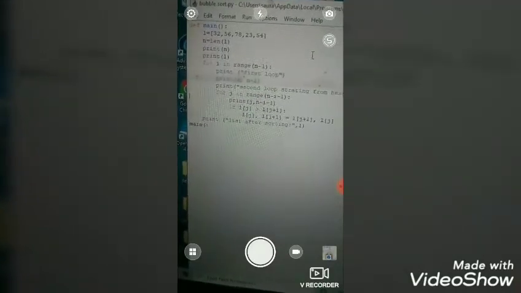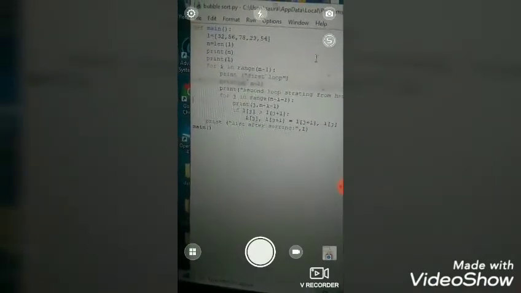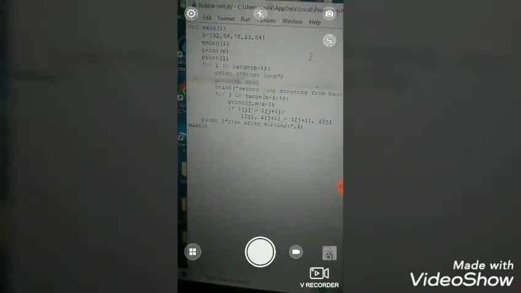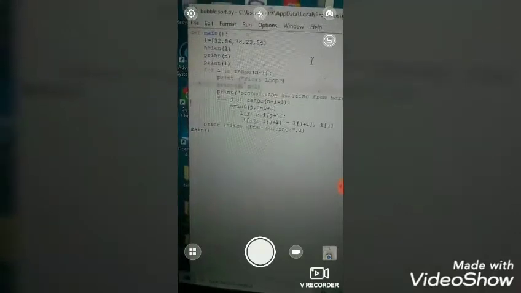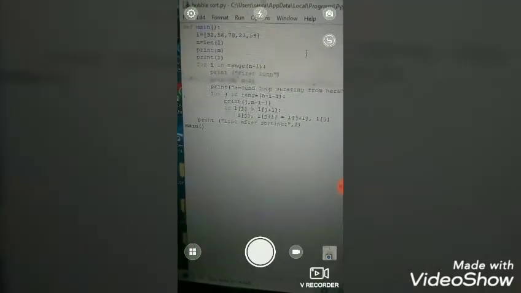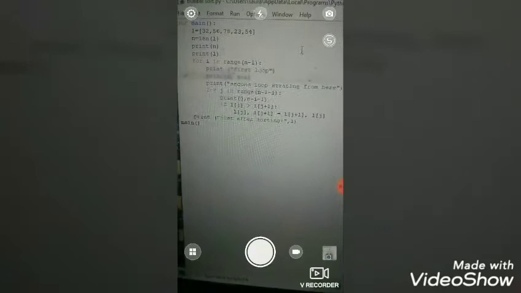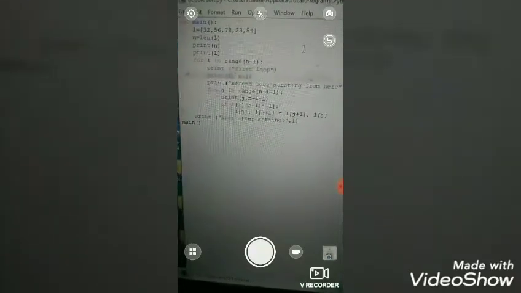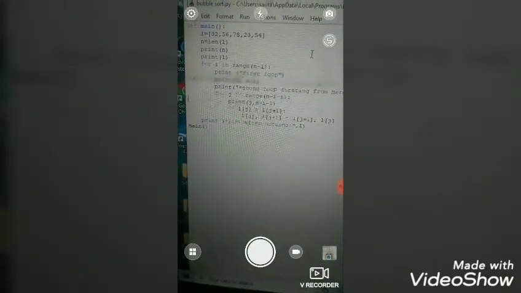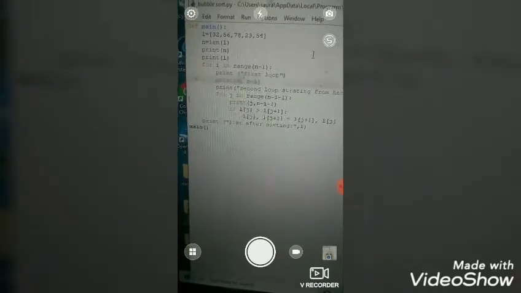When the program starts, the first loop starts, it prints first loop, then prints the range and the value of i. Then it prints the second loop, which starts from j, and the range is n minus i minus 1.